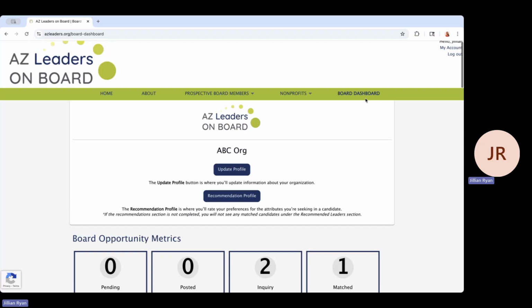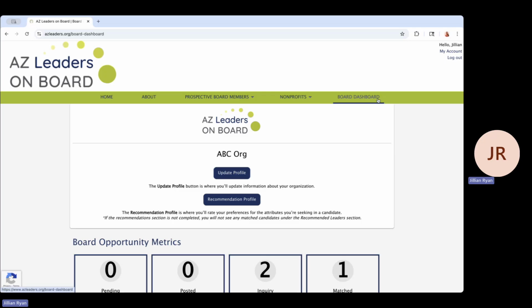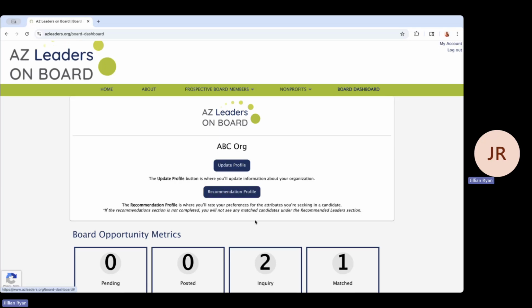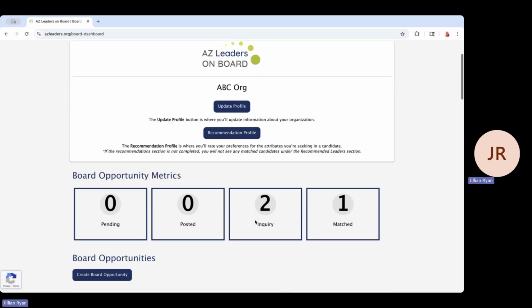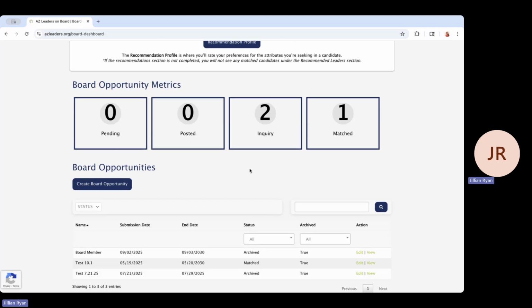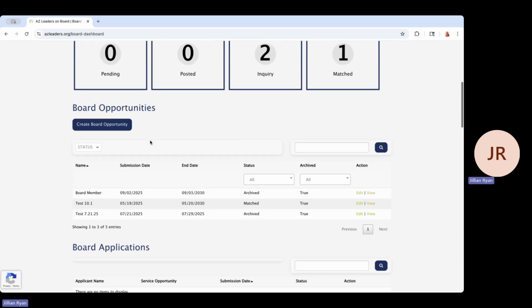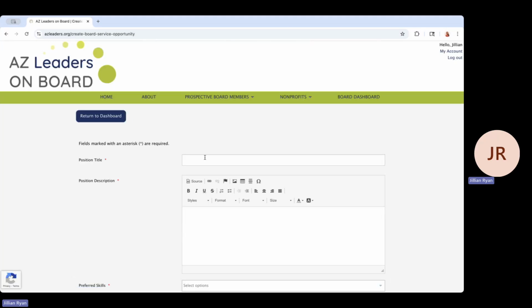Once your application has been approved, this will be your view. You'll see the board dashboard and all of these options here. You're not going to have much information in yet until you create a board opportunity, which is right here. If you have an open board opportunity and you're ready to post, you'll click create board opportunity,